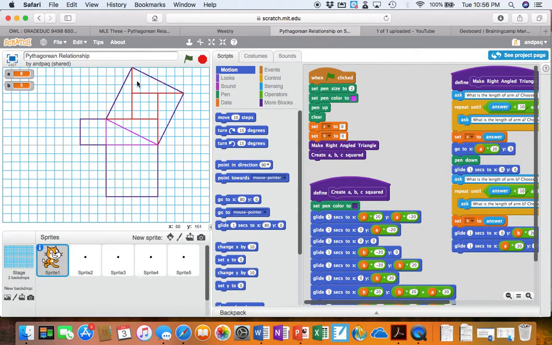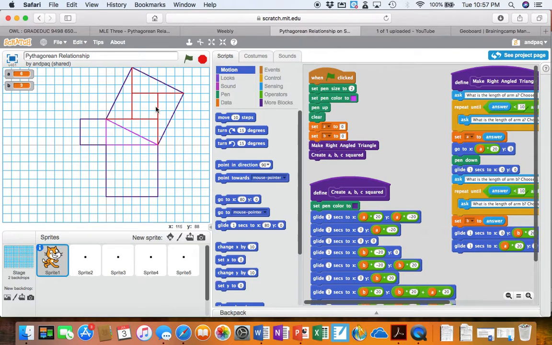Taking a look at the square above here, I know I have 4 congruent triangles. What is the area of one triangle? 1, 2, 3, 4, 5, 6. 6 times 3 is 18, divided by 2, that's 9. So each of these triangles has an area of 9 square units. 9, 18, 27, 36, plus the 9 square units in the middle, that's 45. So it's fairly easy for me to see that the relationship that I investigated on the geoboard is holding in